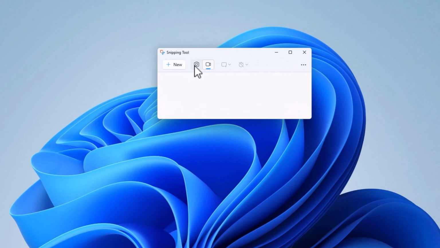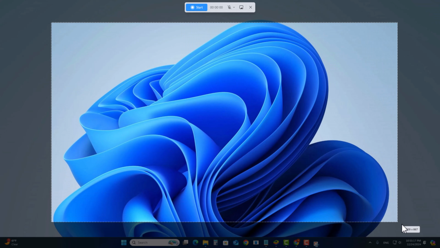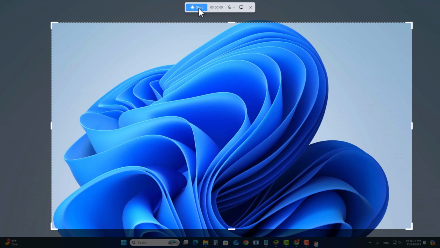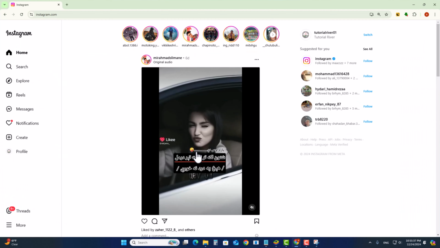You can easily take a screenshot, select camera, or if you want to record video, select and press on New, and select video option and select area, click on Start. Okay, if you want to record audio, click on Start audio. Okay,